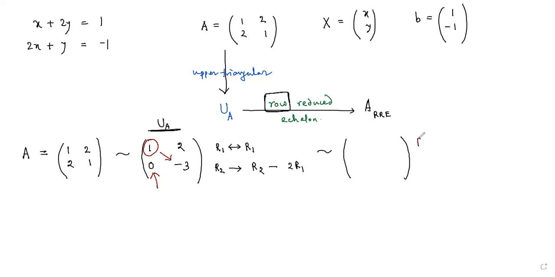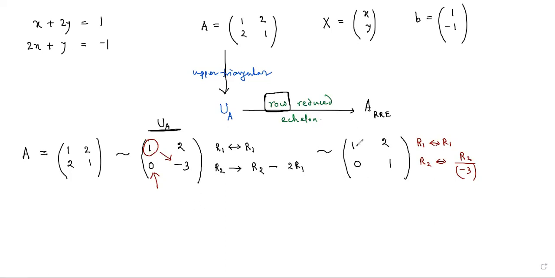First of all, we keep R1 fixed. The new R1, that is 1 2, is fixed. I'm not going to change it. But R2 is now changed once I divide it by minus 3. So I'm going to change R2 by dividing it by minus 3. And if I do so, we are going to get 0 1, which is the equivalent form. Do not write the equality symbol in between, because these are equivalent. They are not equal. Two matrices are equal if their corresponding elements are equal, but here the corresponding elements are not equal. They are equivalent actually.